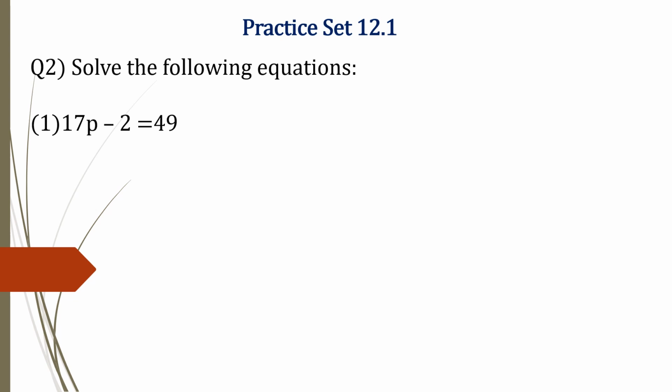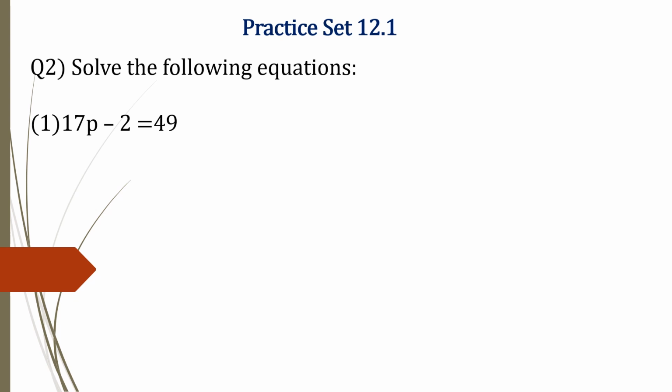Students, in my lecture yesterday, I explained two methods to solve the equation. One was the inverse method and the second was the transpose method. I said whichever method you feel is easy, you can solve the equation by that method. So I will be solving the sums using the transpose method. In the transpose method, we have to bring variables to one side, either the left hand side, and all the numbers, that is constant terms, to the right hand side.